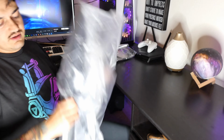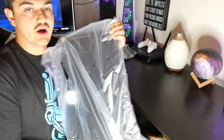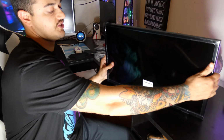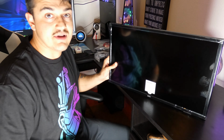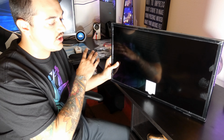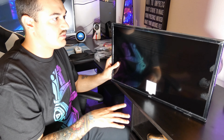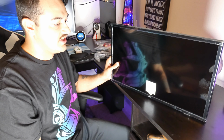Alright, so we got the monitor itself, which is extremely light. That's actually part of the reason I got this, is I actually wanted a very small, lightweight monitor, because this is just kind of going to go on the side of my actual gaming monitor over there, because I literally just need this to monitor my stream health and my chat and a bunch of OBS settings and other bullshit that you streamers understand and you stream watchers don't know what goes on behind the scenes, but it's a lot